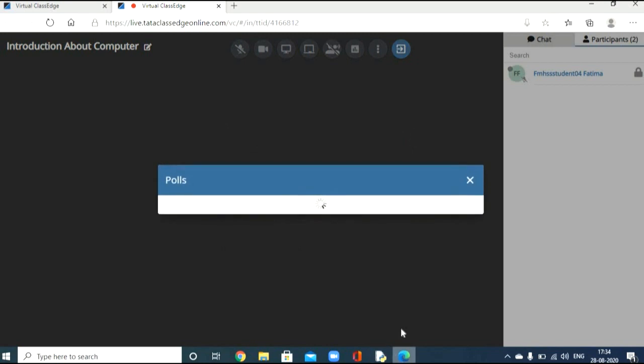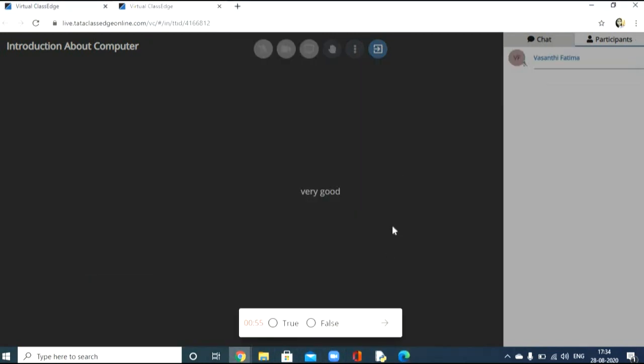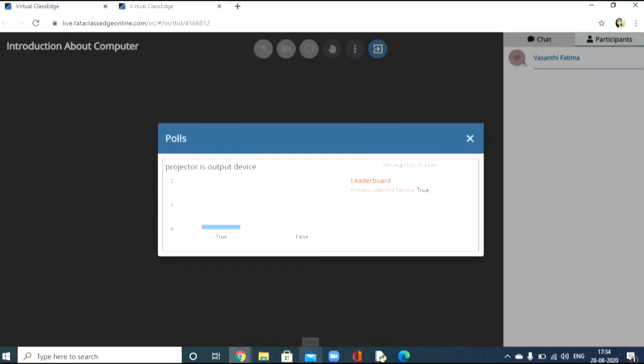This question will be shown on your page. So now opening your page. This is asking the answer, true or false. Just click true or false. If I am clicking true, then click the submit button. It's showing the answers page report. From this you can understand how many students are giving the correct answers.